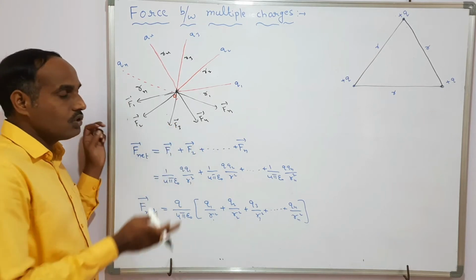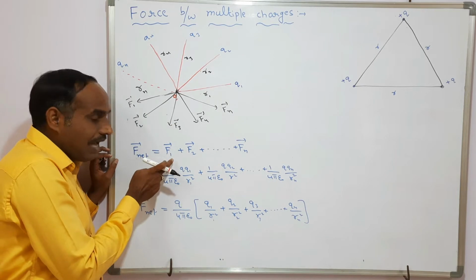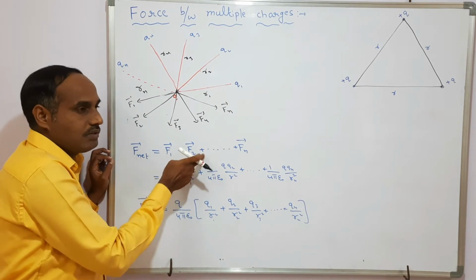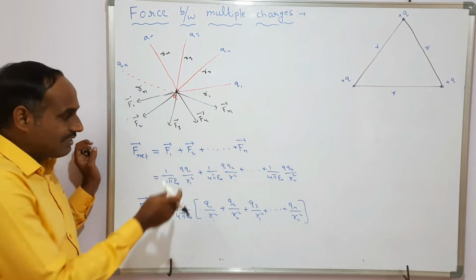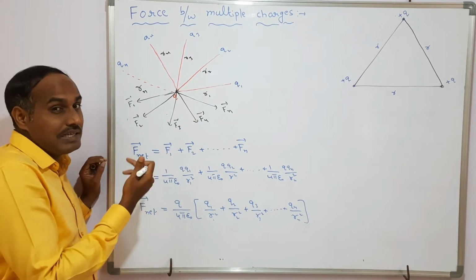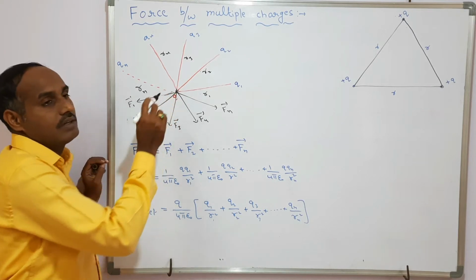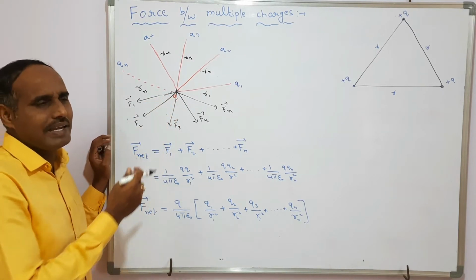According to the principle of superposition, the net force on this charge can be written as the vector sum of F1 plus F2 plus F3 and so on. It is not the addition of all the forces, it is a vector addition, please. When I state vector addition, you should consider the angle between the forces and their direction,